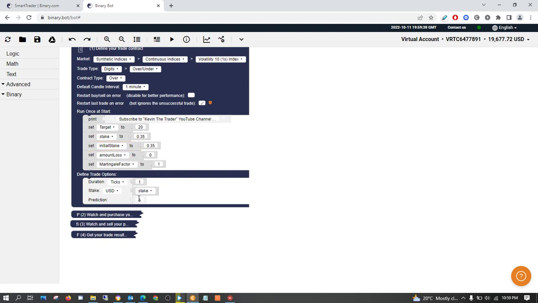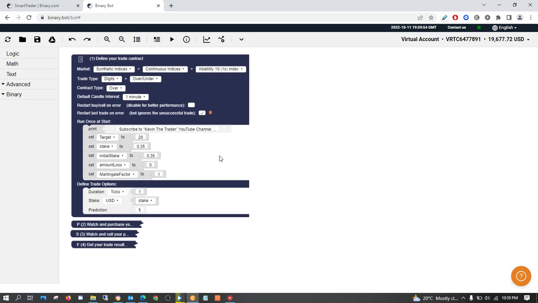Because this is now at 5, getting anything above 5 is riskier. Now we are reducing the martingale to 1 so that we don't lose more if you have a small account. Now this one, don't do it if you have less than $50 in your account. Do this if you have more than $100 in your account. So that's how you will find it profitable.